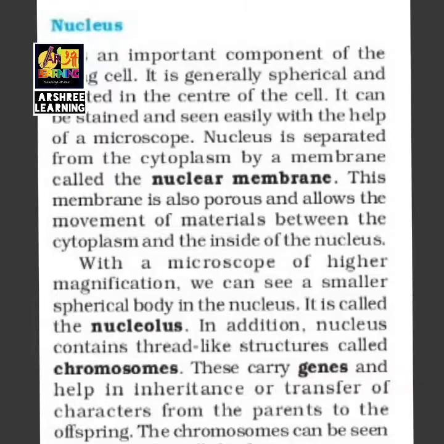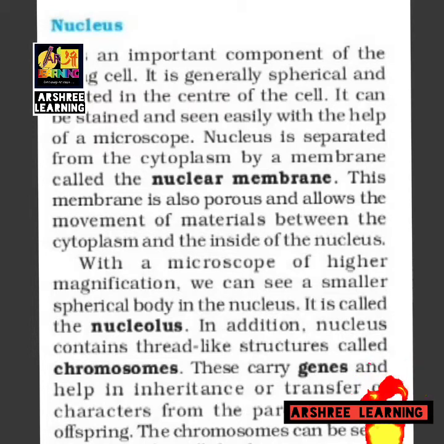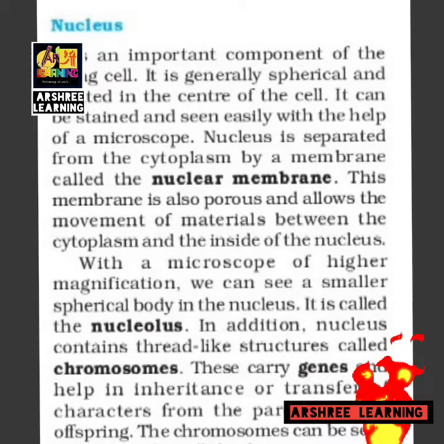Common traits means, if there is a plant like a mango plant, why does a mango tree produce mango only? Why doesn't it produce any other fruit? So what is the main reason? The main reason is that the nucleus of a mango tree contains chromosomes. These chromosomes will transfer the hereditary traits of mango, and when a new seed is formed, it will have the same traits. That is why a mango tree will produce mango only.